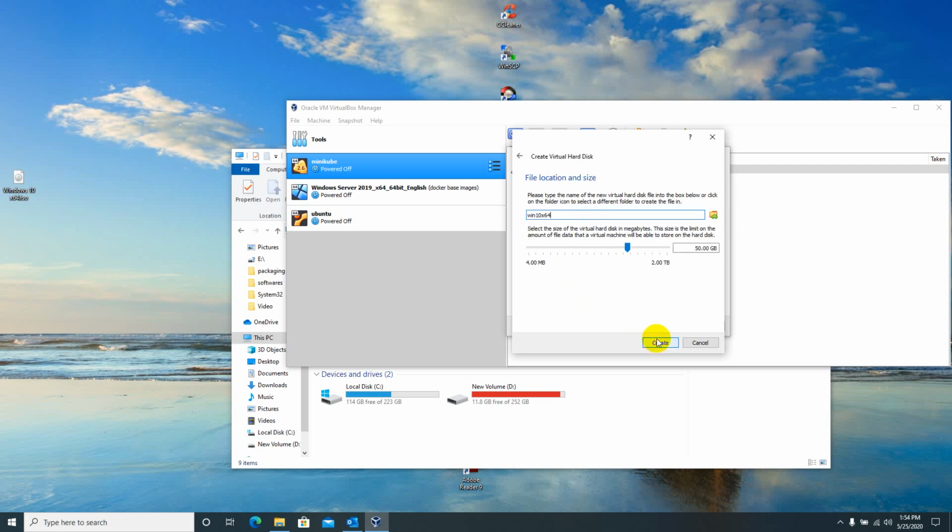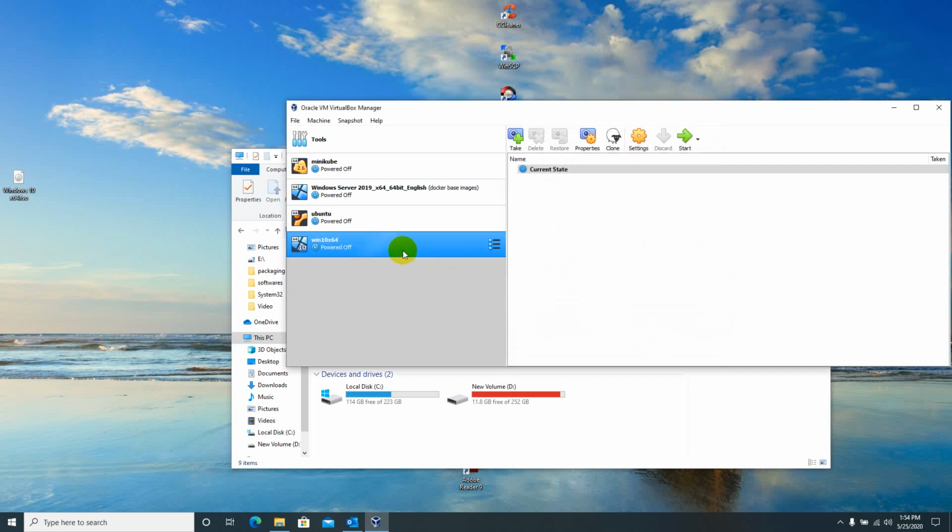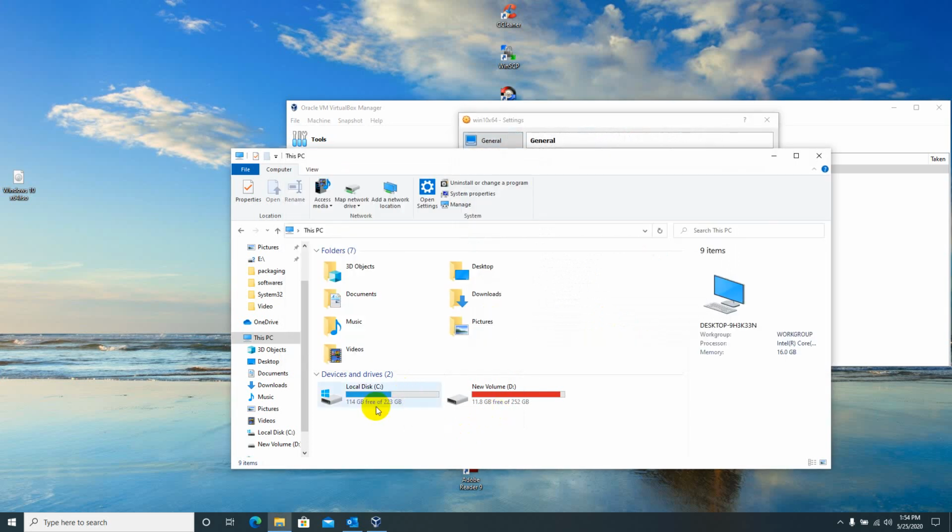Okay, let's click next. Let's keep 50 GB. 50 GB is more than enough for me right now. Win10 x64, yeah. Create. Now I have allocated the space and all.